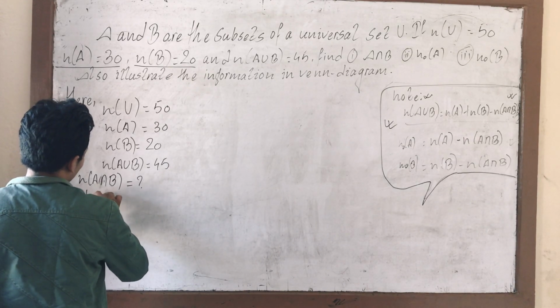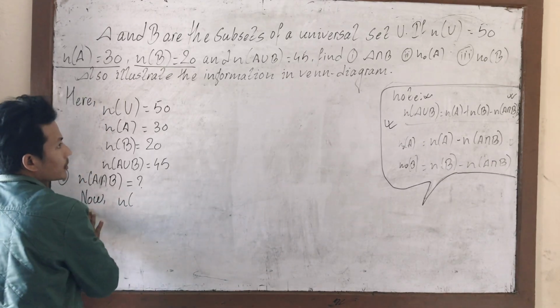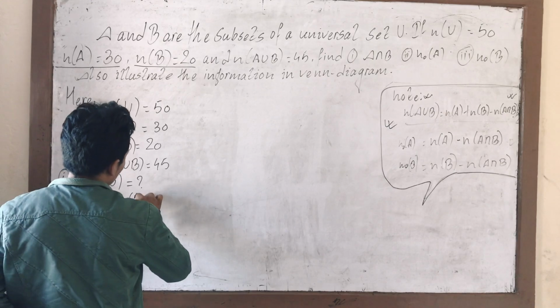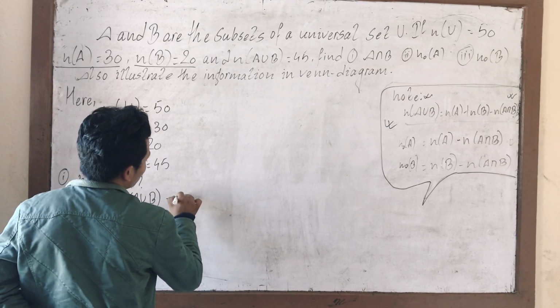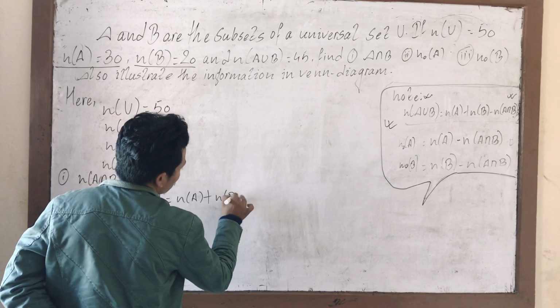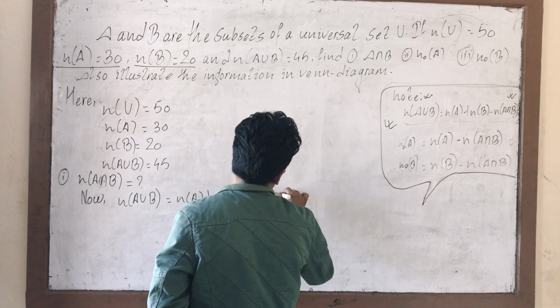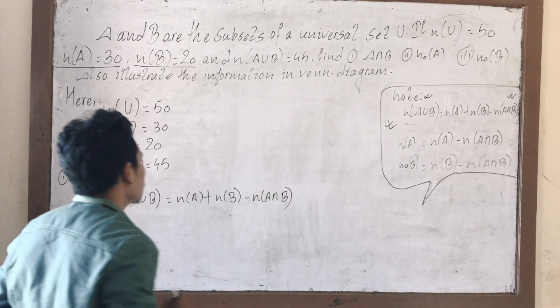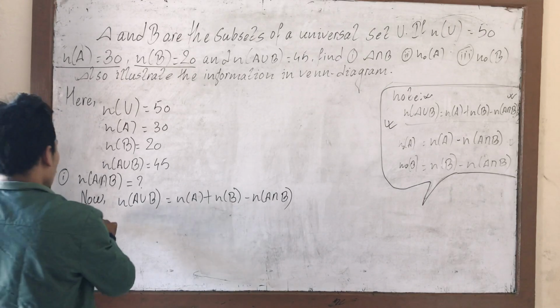Now number हजुरले नाउको ठाउँमा we know that लेख्नु भए पनि हुन्छ है. A union B is equals to number of A plus number of B minus number of A intersection B. Formula is very easy. Number of A union B equals to number of A plus number of B minus number of A intersection B. Okay. So